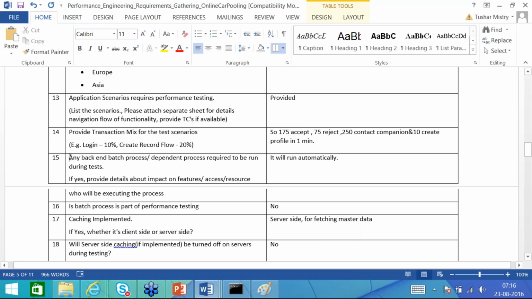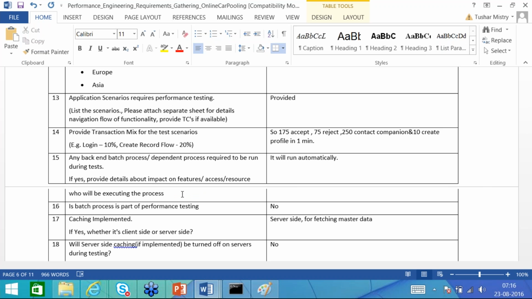Any back-end batch process, dependent process required to be run during the test? If yes, provide details about the impact on the feature, access, and resource who will be executing the process. Like when we do the execution of this particular application, are there any other background processes running?